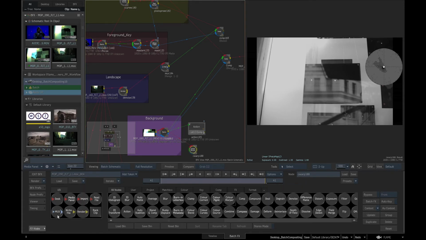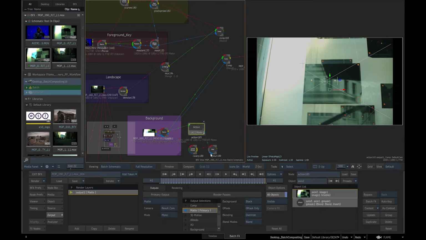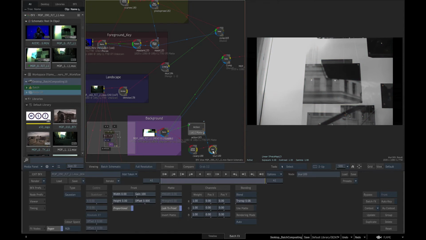down gamma. We will add a blur node and connect Color Warper main output to the main input of the blur node and the action node matte output to the matte input of the blur node. We will click on blur node and increase the blur. The whole image is affected, so we need to click on Use Matte, and now only our tracking marker is